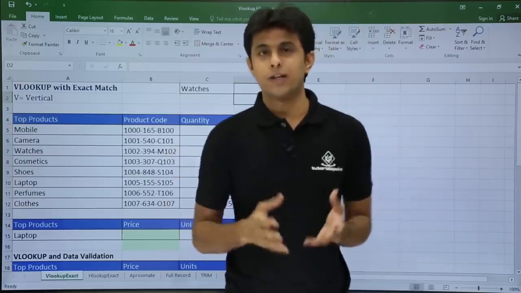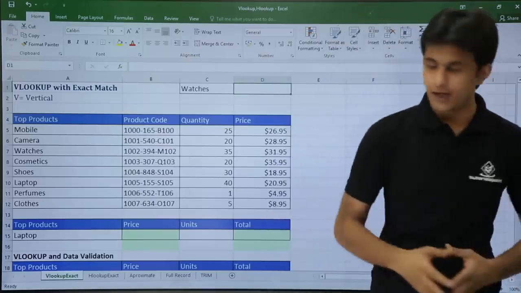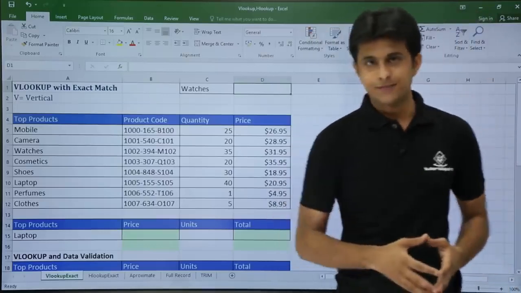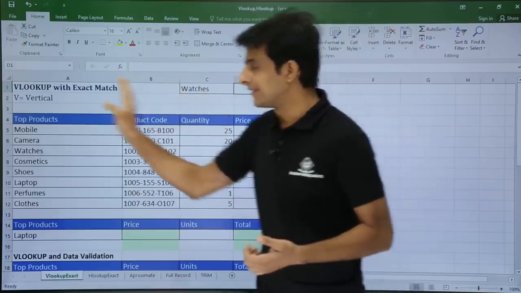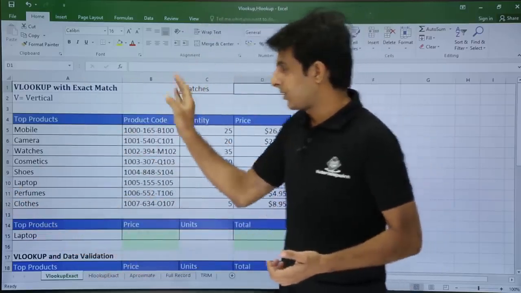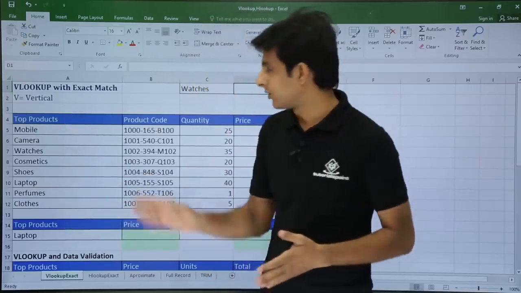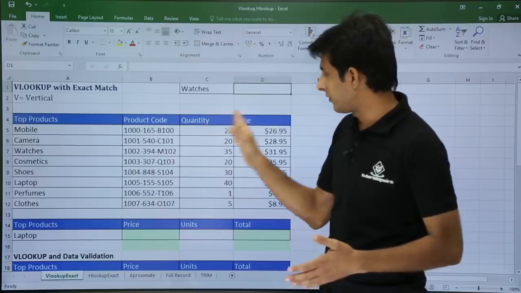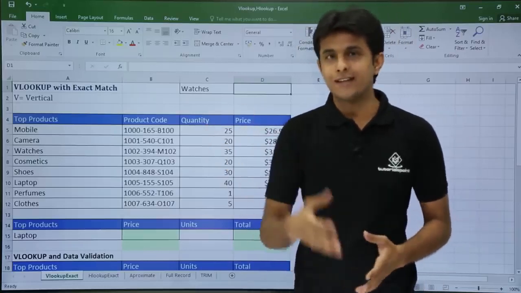We have to use a function known as VLOOKUP, right? So I'll delete this and type here a function for VLOOKUP. VLOOKUP says that this is my lookup value, a value I want to see in this table. In this table, it will find the product, and which column value do you want? Do you want this column value or this value or this value? So that column number we have to give. Okay, so let's see how we can go.